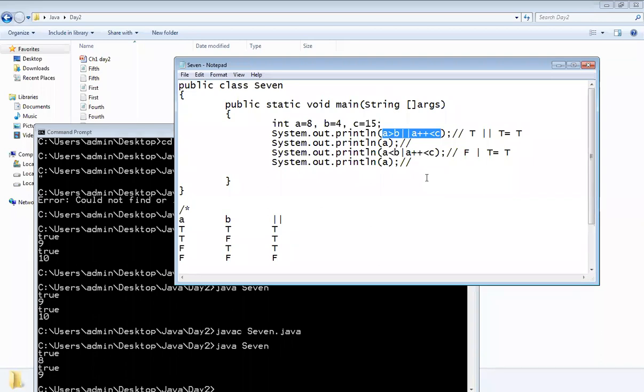Okay, so is there anybody who has implemented this program right now? Have you understood it? If you have understood, then I will move towards the next operator.